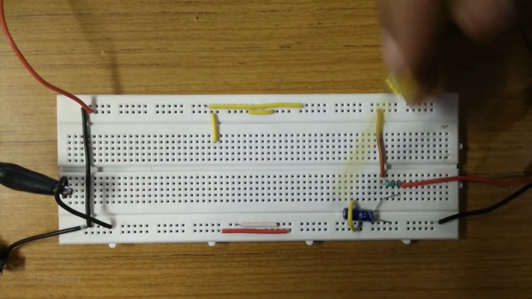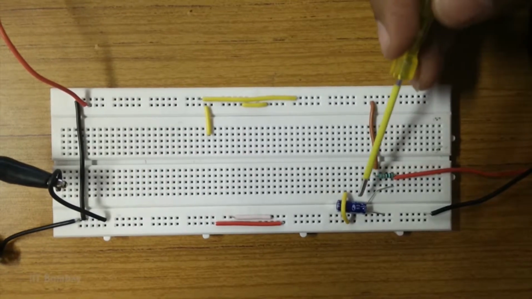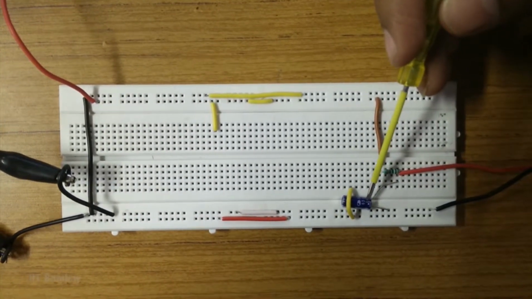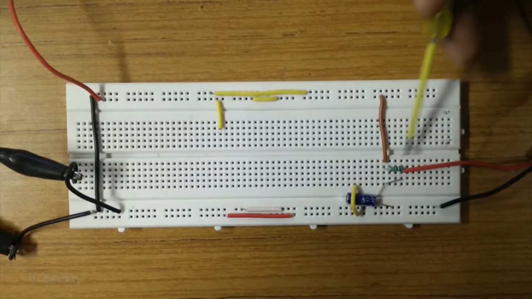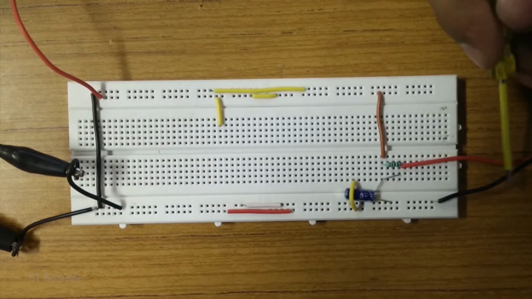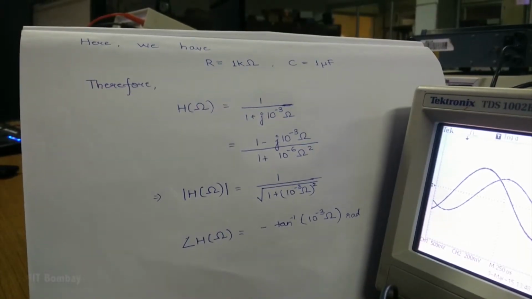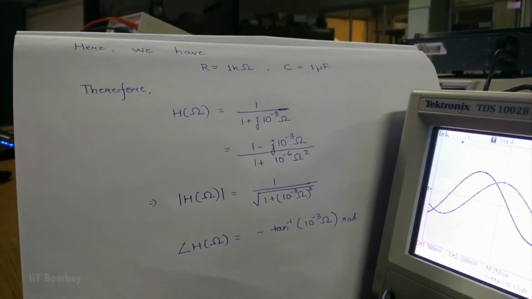It is a simple RC circuit consisting of a resistor of 1 kilo ohms and a capacitor of 1 microfarads. From here we give the input to the RC circuit, and through these probes we fetch the output on the digital oscilloscope. As we have a resistor of 1 kilo ohms and a capacitor of 1 microfarads, the transfer function